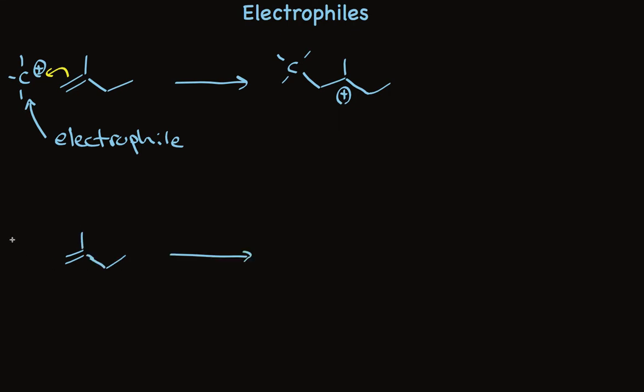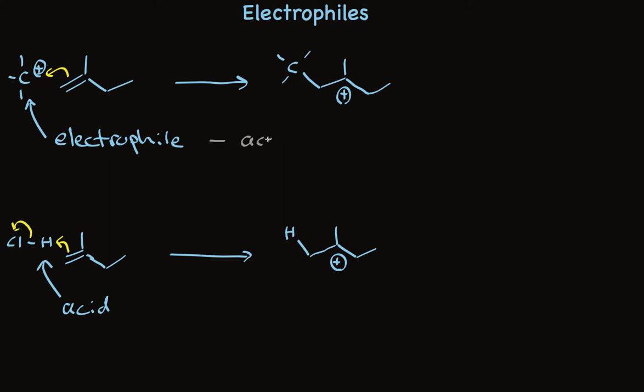Look at this one, same molecule. When treated with a strong acid, let's say HCl, we'll share that pair of pi electrons to make a new bond as this sigma bond is broken. The new product has a bond to hydrogen and a positive charge on carbon, just like above. These two reactions are conceptually identical, but we use different terms. We call this an acid. And of course, it fits the definition of a Lewis acid, the definition of a Bronsted acid, and the definition of an electrophile, except